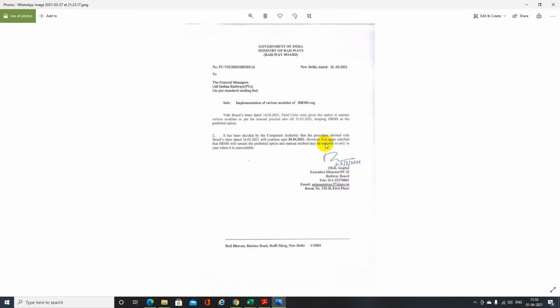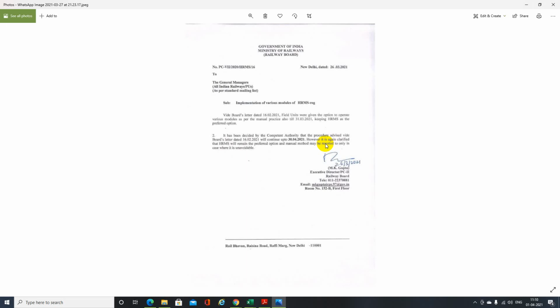However, please kindly note this point. However, it is again clarified that HRMS will remain the preferred option and the manual method may be resorted to only in cases where it is unavoidable. So only on the basis of unavoidable circumstances, the manual data may be issued.